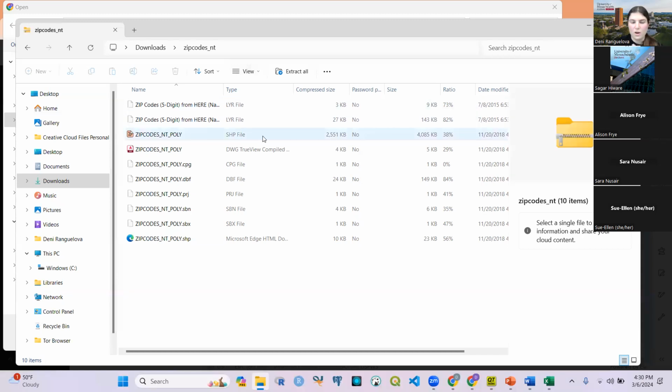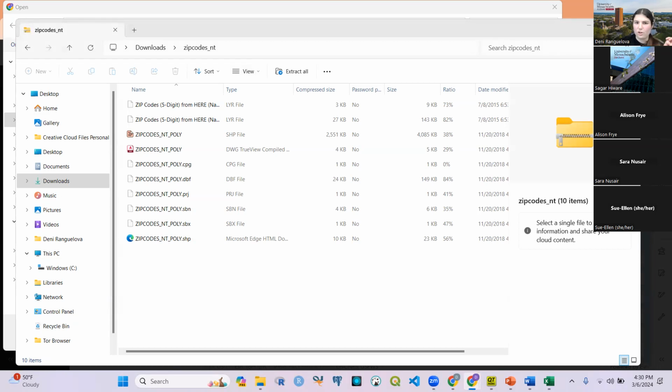And a common mistake that I see a lot of people making is when they're sharing their data, they only send the SHP. But it's really important for you to know that all of these files are relevant, not just the SHP, because the SHP file stores the geometry data itself, but then all of these extra ones also have really important data. And if you try to work with only the SHP,